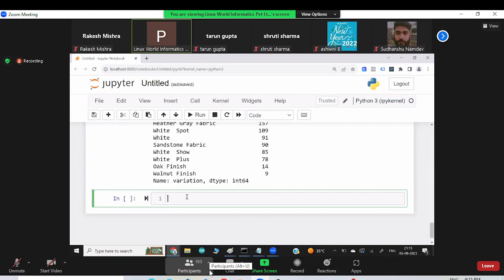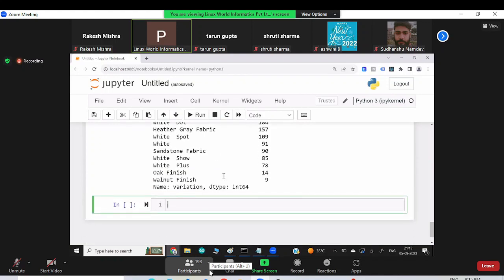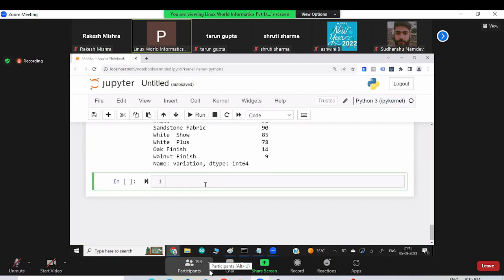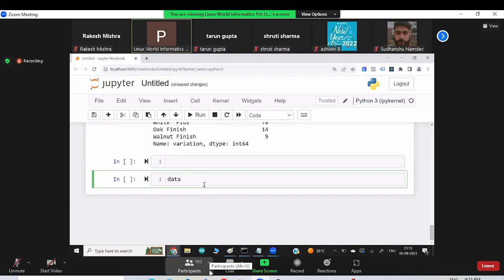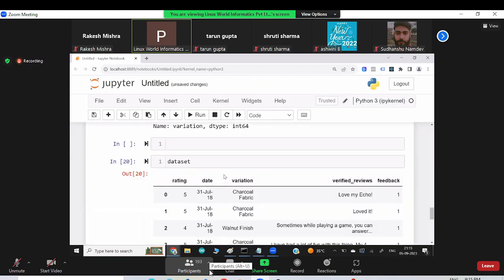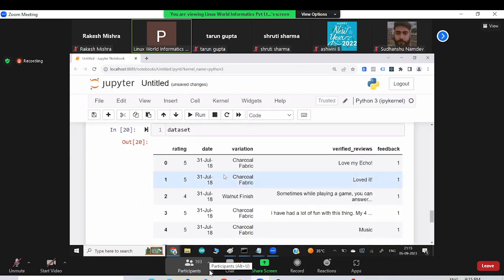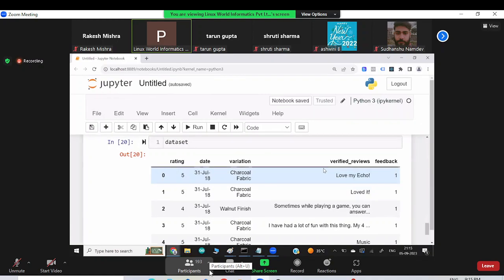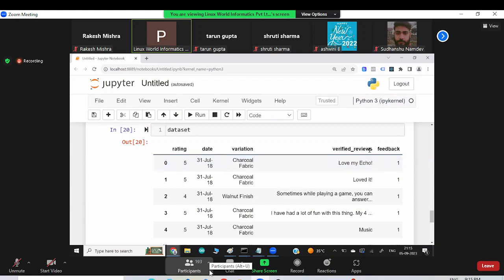Okay, so there's one thing we have done. One more thing I would like to do here is, because if you understand this data set, guys, you might have understood, in this data set there's a field called verified review. This is a field we are interested in right now, because any other field, if you see, is a number, is a date, or is just a product name. We can deal very easily with your programming skills, Python or Java and some JavaScript maybe. We can very easily deal with this data.